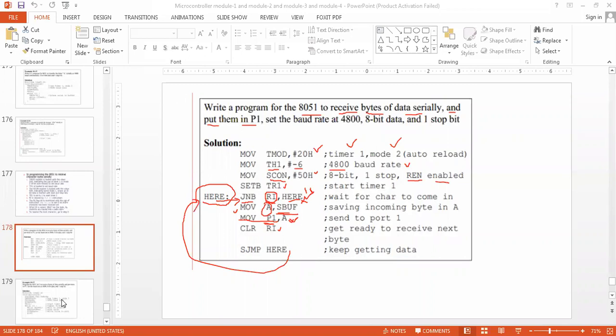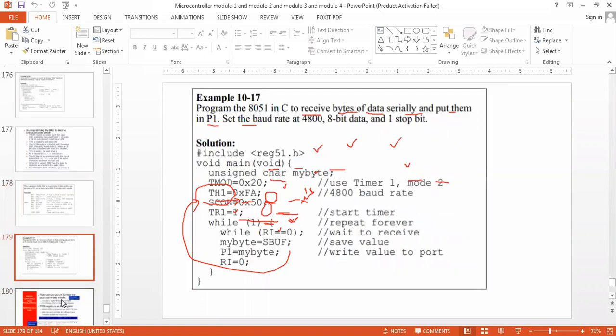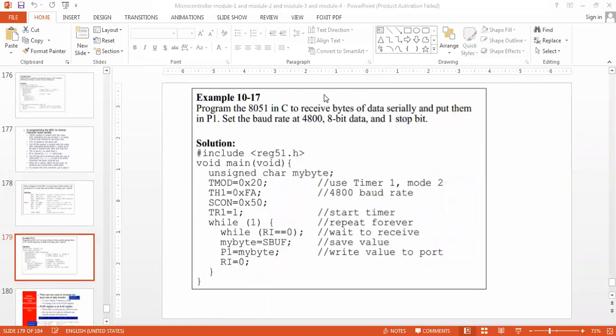The same thing in a C program is also going to be very easy to understand. The register file 51 has to be included. Then the main program: unsigned char mybyte, one character type variable.